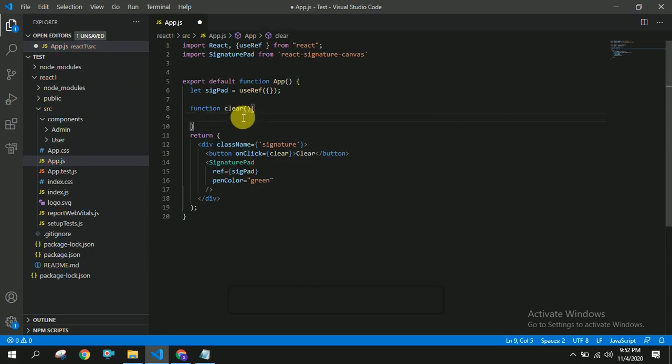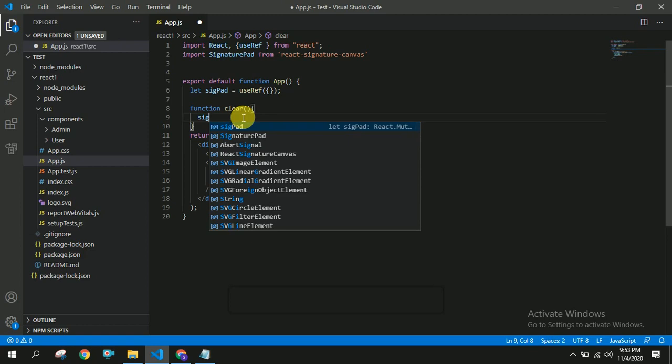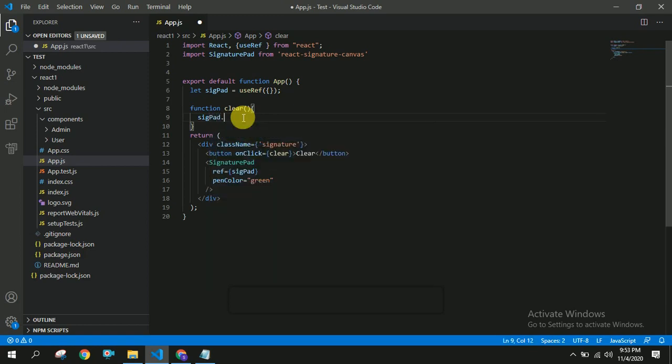and I am calling sig pad dot current. In order to access the reference, you have to use the current dot clear. That's it. So once we click this clear button, this sig pad reference will be cleared.